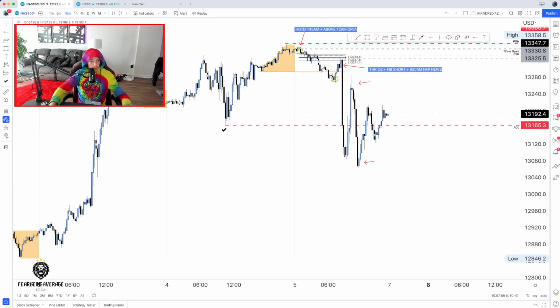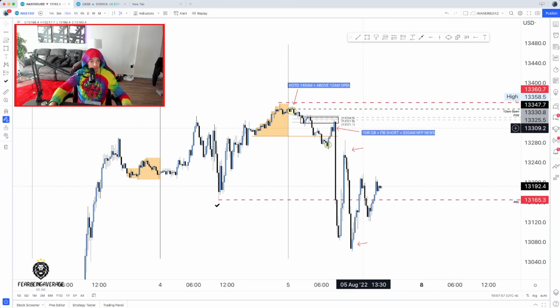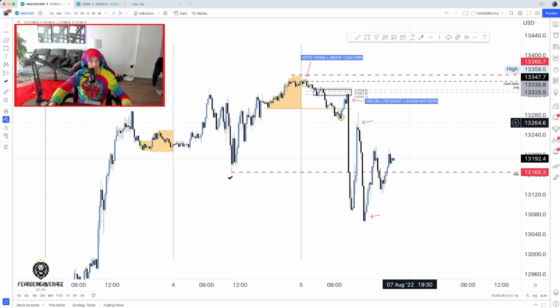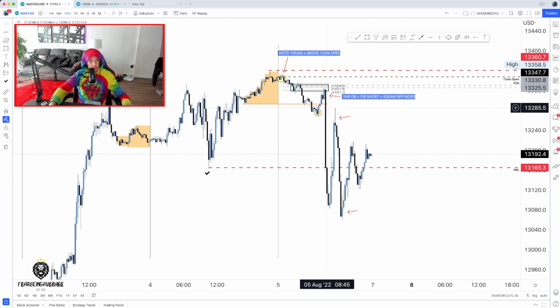And from there, the news came in, and it was just off to the races at that point. There wasn't really much I could do. That's why personally I didn't take a trade yesterday, because I wasn't just gonna hop in and chase the market. Because me personally, I don't like to take trades before 9:30 open. So this was something I missed out on.